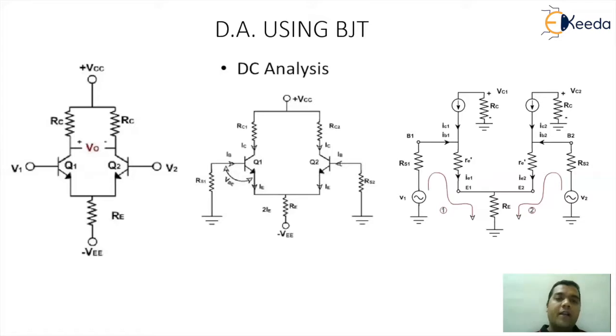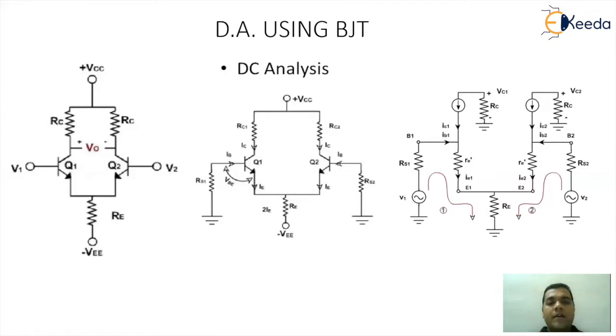Now if you want to measure the output, it is up to you how you measure it. If I want to take the difference of the outputs, you can take plus for Q1 and minus for Q2. That is, you are measuring the output VC1 with respect to VC2, or you can swap the polarity also. In either case, you can use both output nodes, or you can use a single output node depending on the requirement.